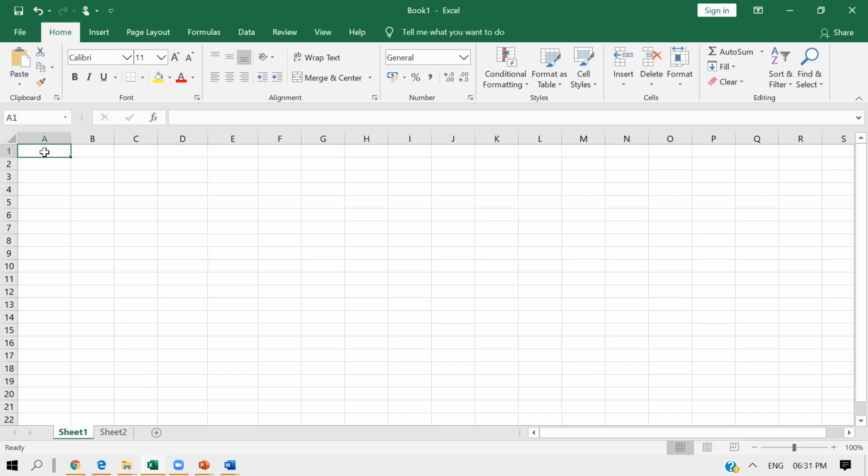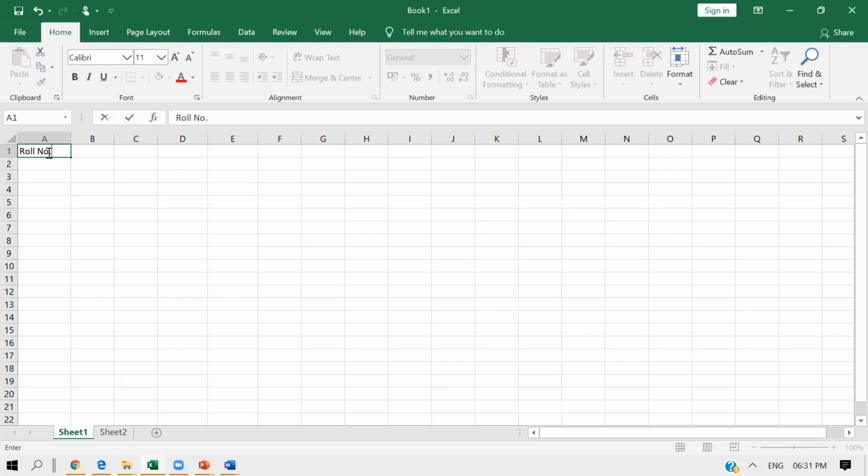Let me follow the steps for you once, and then you can do it at your end. The first step says make the cell active by clicking on it. So I have clicked on this cell, and cell A1 is now active. Now type data in the cell. I want to type roll numbers. So I typed roll number.